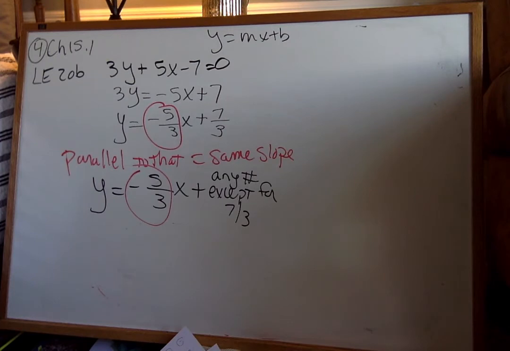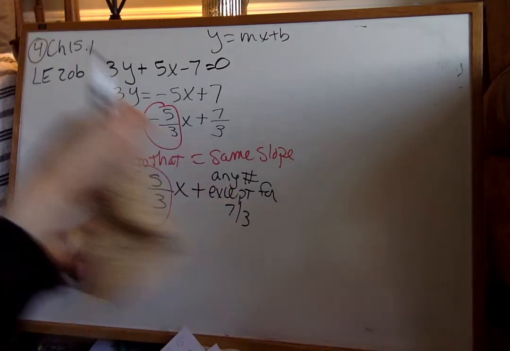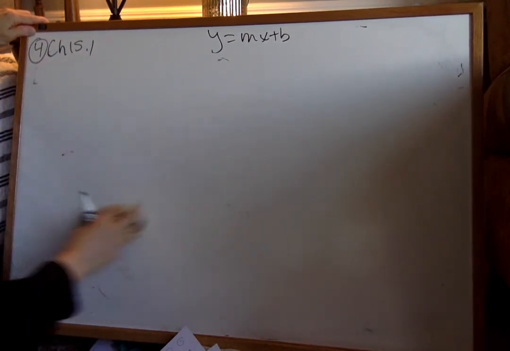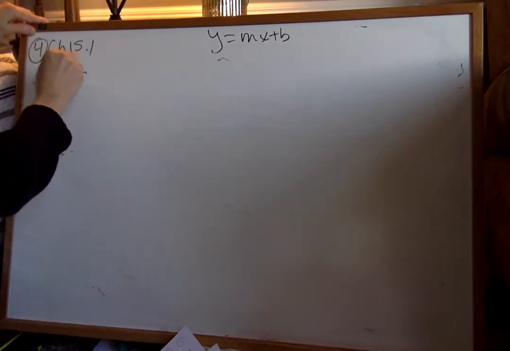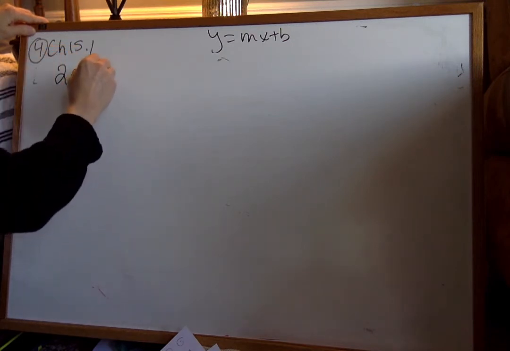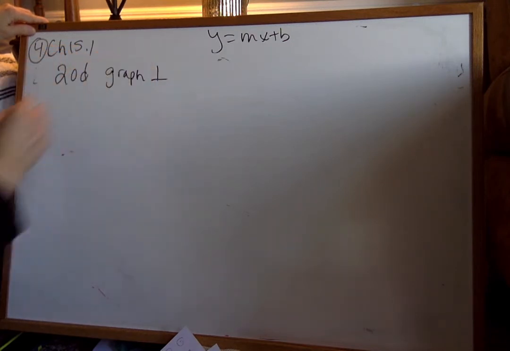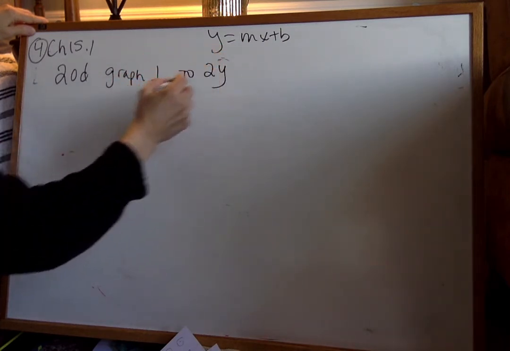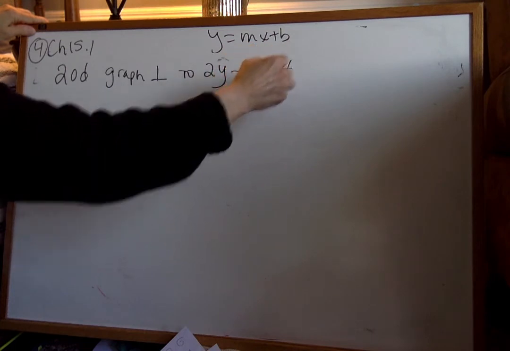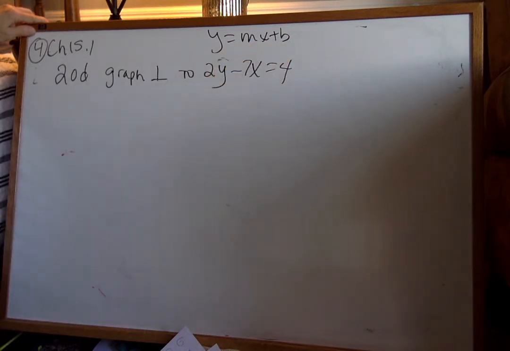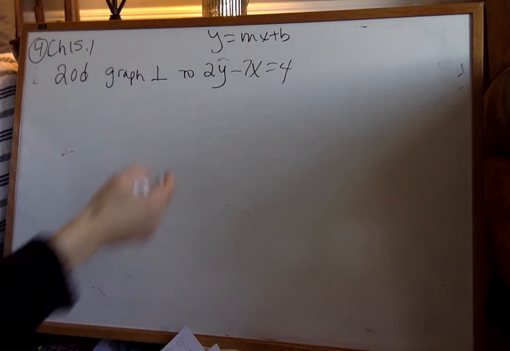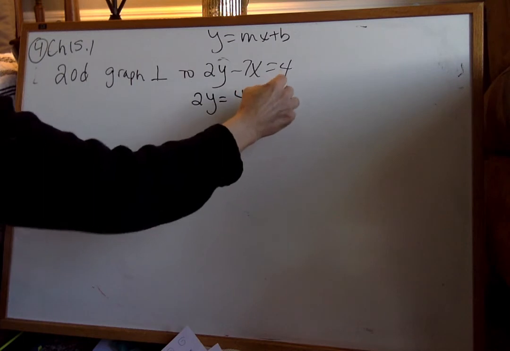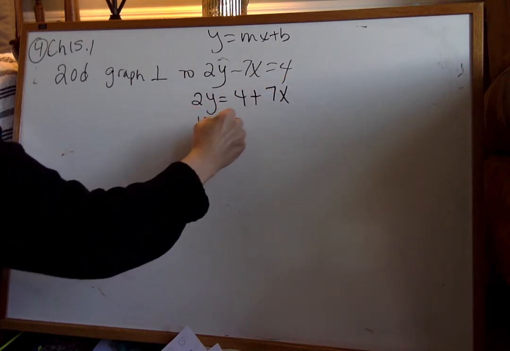20D says we need a graph perpendicular to 2y minus 7x equals 4. So again, the first thing, we've got to get it in slope-intercept form, right? So 2y equals 4 plus 7x, or y equals 2 plus